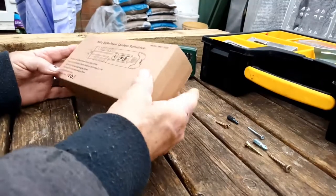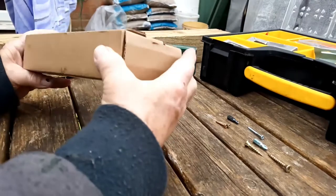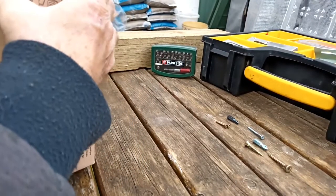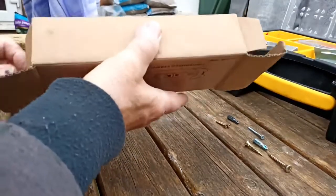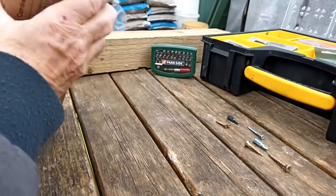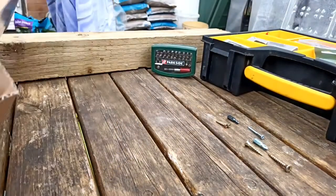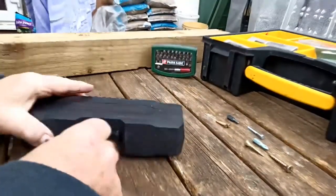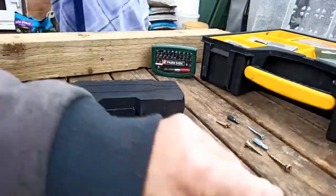I've recently acquired this Ikuby superpower cordless screwdriver. It comes in a nice little cardboard box, and then inside the cardboard box there's a little plastic toolbox with a screwdriver and a set of bits, charging lead and other stuff in it. So I just pull this out. There we go. So here is the toolbox, and I've actually charged up the screwdriver, so I'll just get that